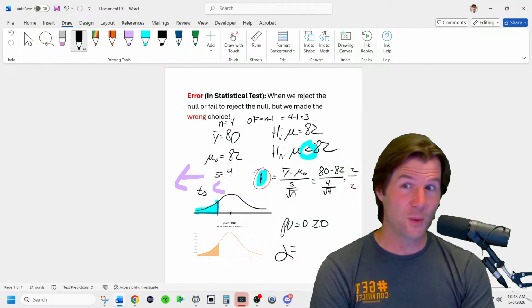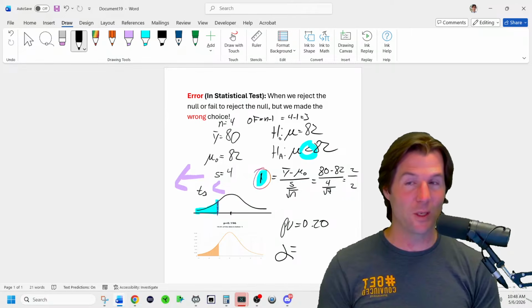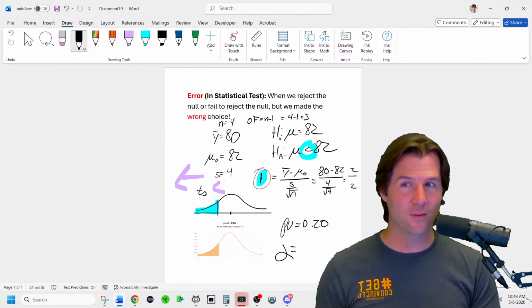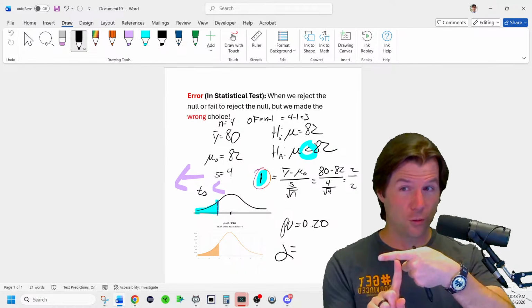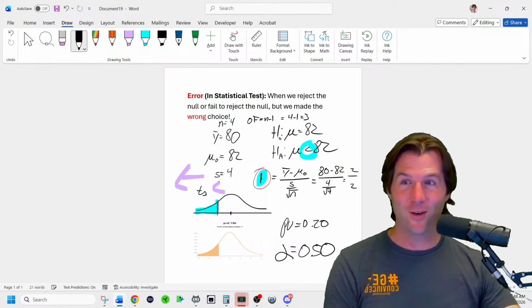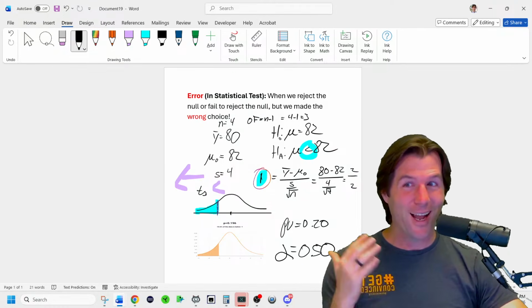And the researcher gets to pick alpha. We usually pick 0.05, because if you increase it, you increase your type 1 error rate, your false positive, when you reject the null but the null is true. So if you just raise alpha to 0.50, now 50% of the time you make type 1 errors, so you have a very high type 1 error rate,